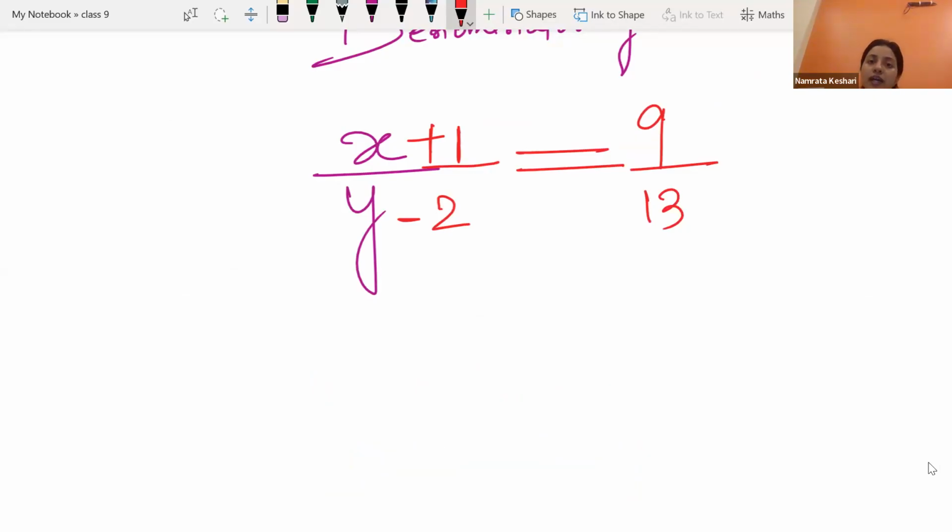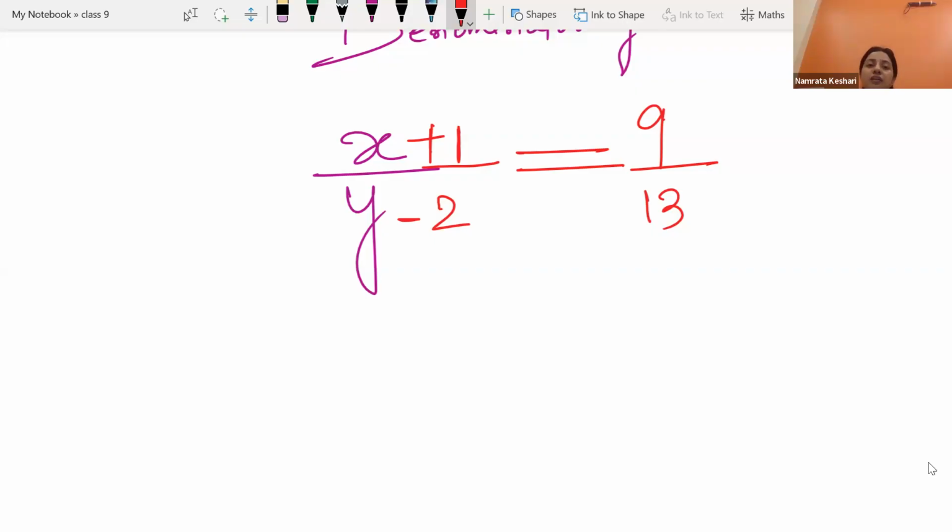These are a special type of question. Today you are learning it, and you will encounter such questions in class 9, 10, 11, and 12. Whenever you see a fraction-related question, directly take x by y, anytime, anywhere. So whenever you have a fraction-based question, always start with the assumption that the numerator is x and